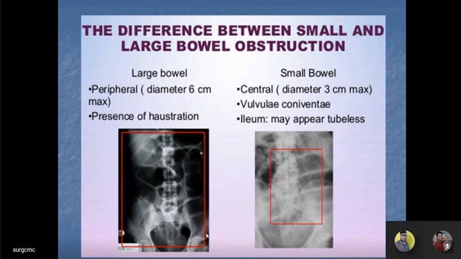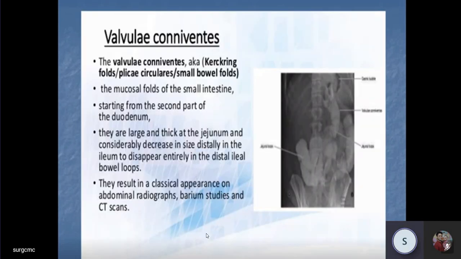So why are we able to see valvulae conniventes in obstruction of the jejunum? The valvulae conniventes are there in all jejunums, be it diseased or non-diseased. Only when the jejunum is dilated, free of fluids, full of gas, do the valvulae conniventes become prominent on X-rays. They are always there. It's there with you, it's there with me as well. But it becomes prominent when the X-rays are taken on dilated jejunum loops.